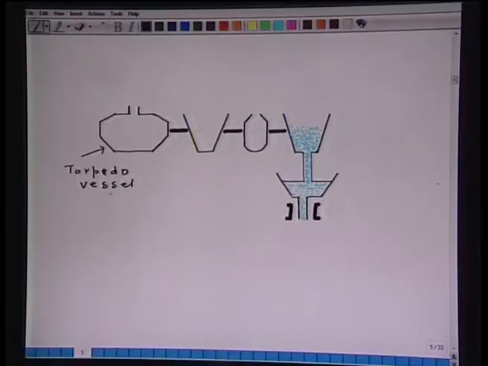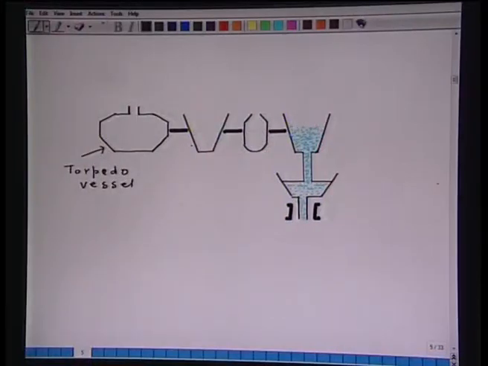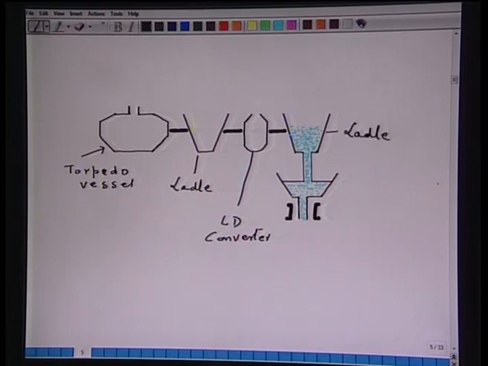That means this torpedo vessel is the vessel which handles hot metal at around 1300 to 1450 degrees Celsius, and hence refractory has to be used. Then this torpedo vessel either can be directly put to LD converter, or through a ladle it can be put to LD converter. So, this is the ladle, this is the LD converter where refractory is used, and this is again a ladle which is used for continuous casting, that also requires a refractory,